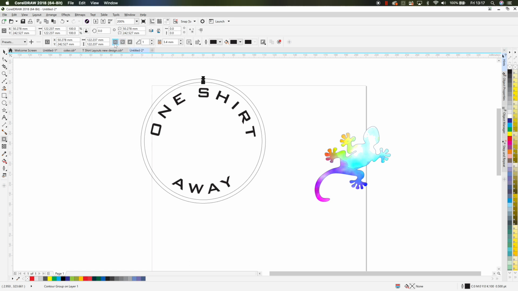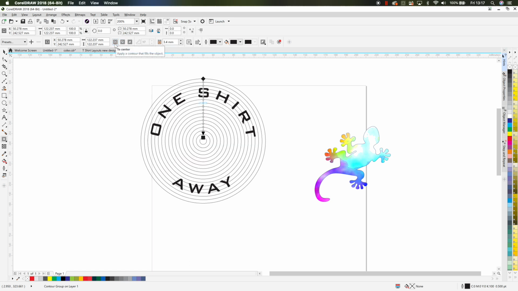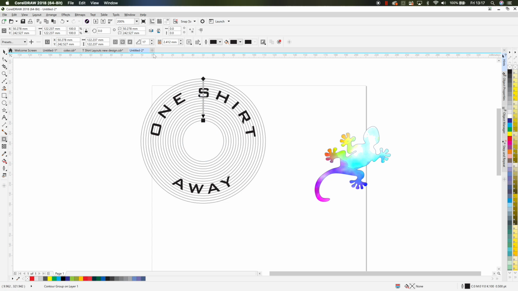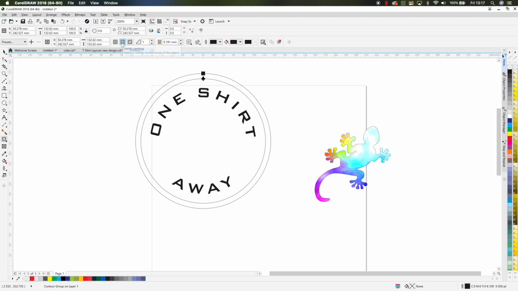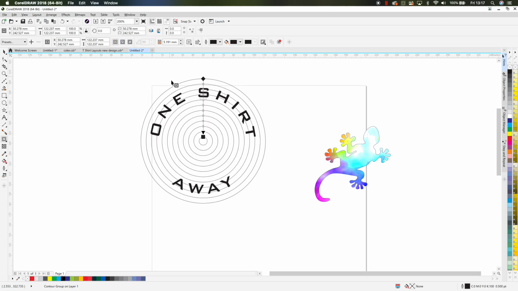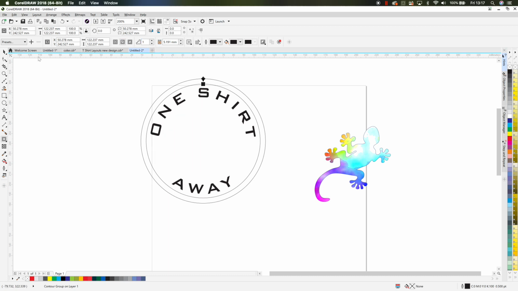Inside contour, or cheekily, we can get lots and lots of contours, and then you get the amount of steps that you actually want through that as well. So we could reduce the amount of steps here and the actual distance between them as well, so we could do all sorts of funky stuff. Okay, let's just go back to giving us, automatically that went to one inside contour when we got to one, which is quite clever. Okay, so we only want one on the inside, so let's reduce that right back down to one.